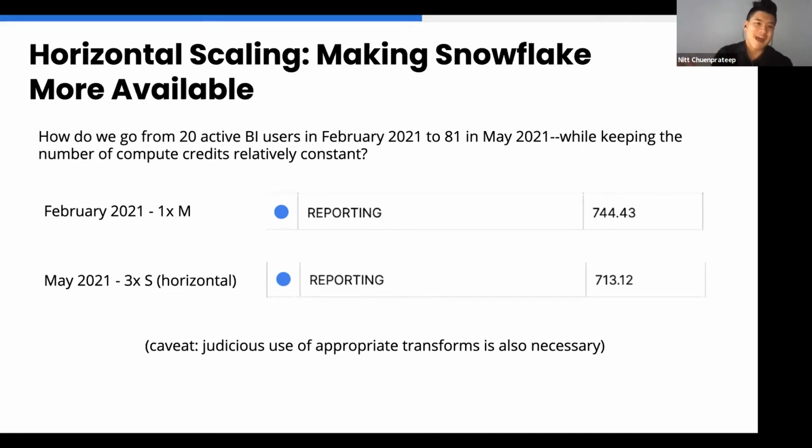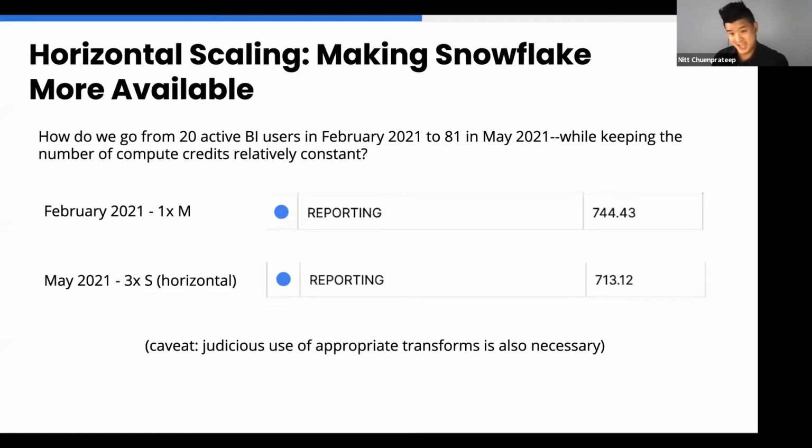But this creates kind of a backlog if you have just one cluster, even if that one cluster is an M cluster, right? So like James and Thierry had wonderful suggestions to utilizing horizontal scaling, which I absolutely love, because this allowed us to improve the throughput of our reporting warehouse, while keeping the number of compute credits relatively constant in my book, right? Which is great because you quadrupled the number of users and you actually were able to keep the reporting credits pretty solid, you know? That's pretty good to me.